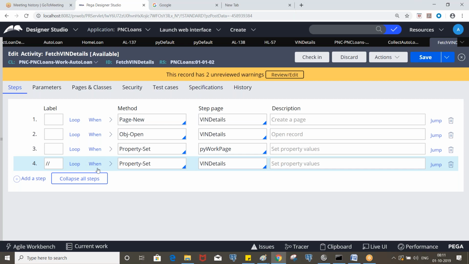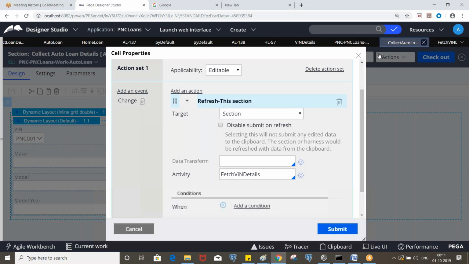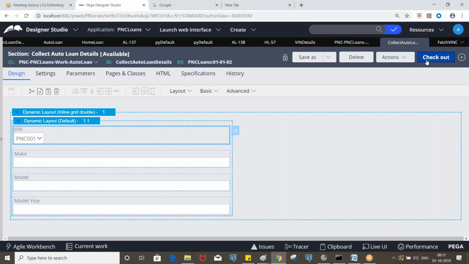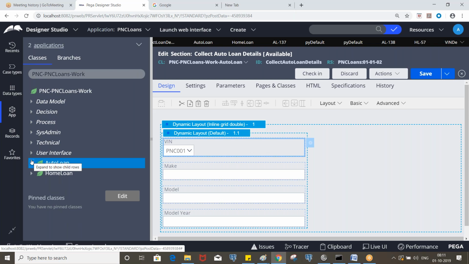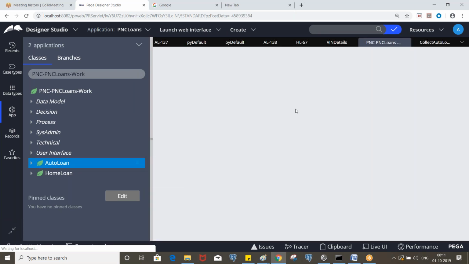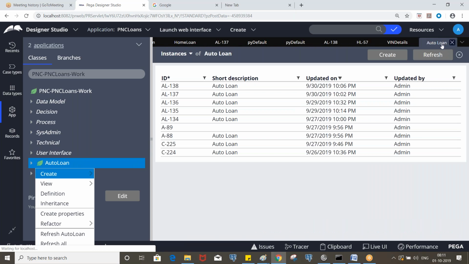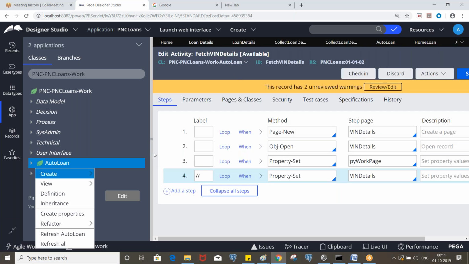Now we are invoking this here, right? On change of the drop down. Okay. So now can we test this? Let's create a flow action under the AutoLearn class, invoke this section, take the flow action and invoke it in the flow. Okay. We'll close in 5 minutes. So note down the next step. Did you note down the activity steps?